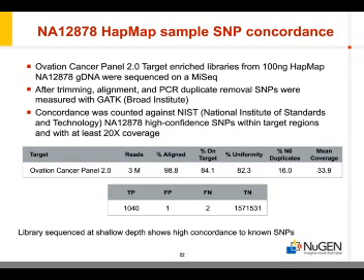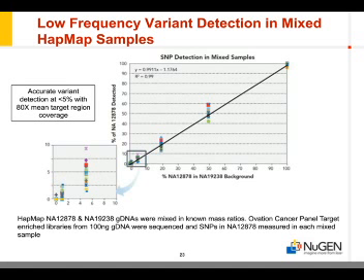When you think about the samples you might have, not all your samples are perfectly pure, such as a tumor that might be a mixed population of cells. In that case, it's important to know the limit of SNP detection of this assay. So what percentage of DNA can we still identify mutations? So to model that, we've mixed 2 HapMap samples, again NA12878, into